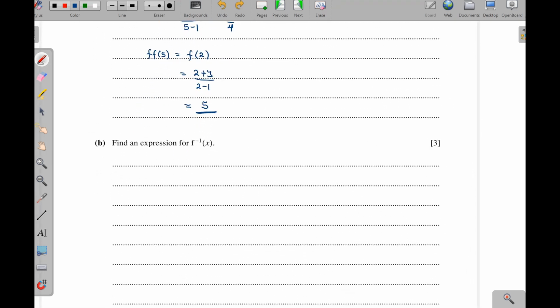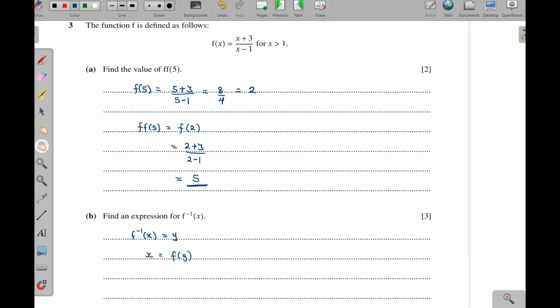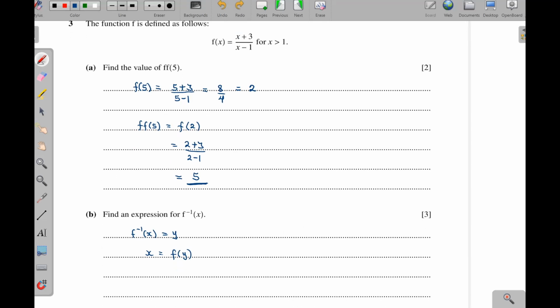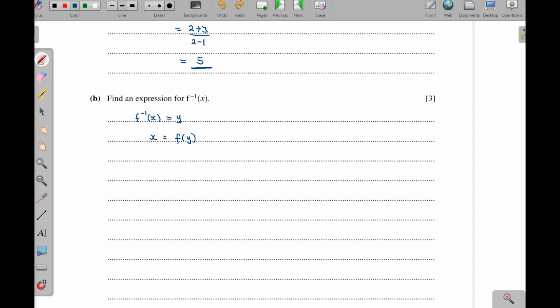Okay, so suppose the inverse of the function is equal to y. I can take this one this side, and then we have x, which is equal to f of y. So in other words, interchange x and y. Okay, so where there is x, I'm going to put y, right? So that will be y plus 3. So x is equal to y plus 3 out of y minus 1. Then now make y the subject of the formula. So what do we do there? We cross multiply, and this one will be xy, then minus x, then this one will be equal to